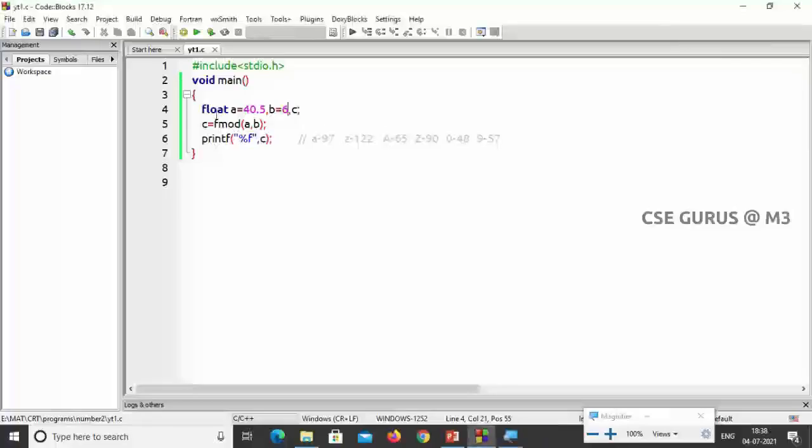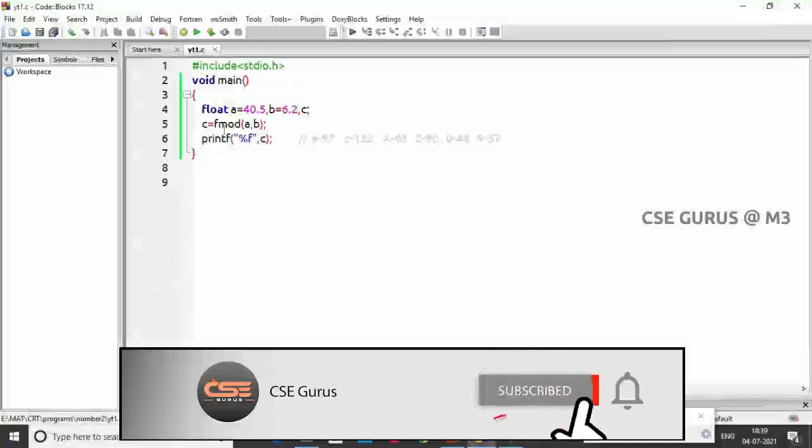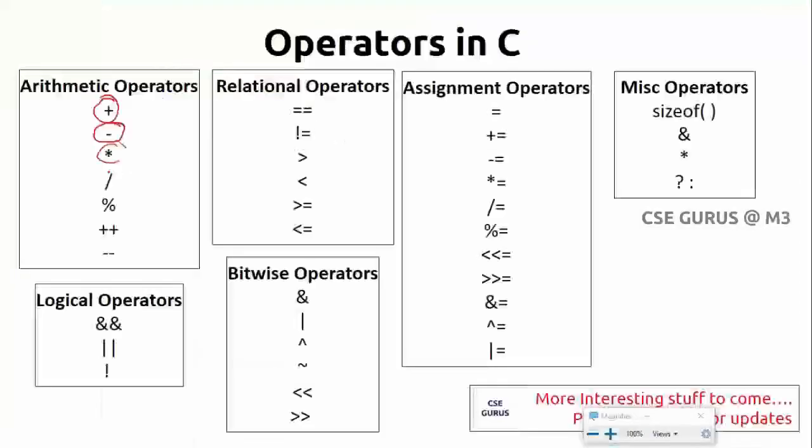So remember this part. What is this? fmod. You can use fmod when you want to find the remainder with decimal numbers. Even you can write it as 6.2, then also you can find the answer. Yeah, like this. So you can use fmod instead of percentile, right? So these 5 operators are finished. Now we'll see the plus plus and minus minus,